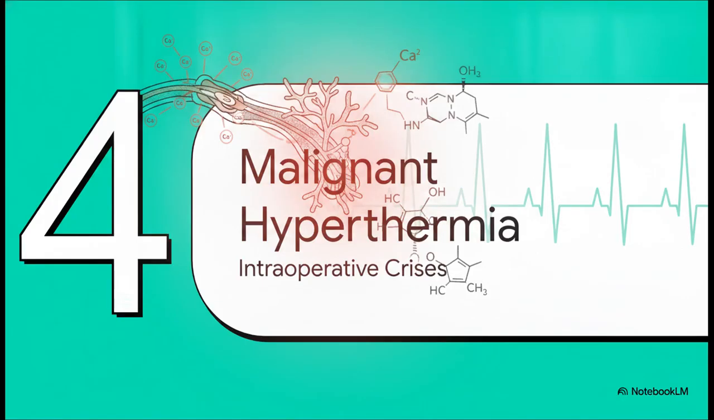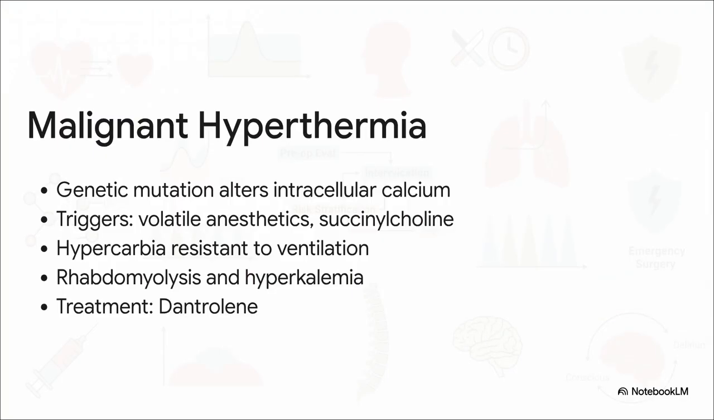Section 4. Malignant hyperthermia. Intraoperative crises. Malignant hyperthermia is a genetic disorder of defective intracellular calcium control. The classic triggers are volatile anesthetics, succinylcholine, and excessive heat. The most reliable early sign is a rising end-tidal CO2, or hypercarbia, that's resistant to increased minute ventilation. This progresses to masseter, or generalized muscle rigidity, sinus tachycardia, rhabdomyolysis, hyperkalemia, and acidosis. Hyperthermia is actually a late finding. If you see this, stop the trigger immediately, provide ventilatory and respiratory support, start active cooling, treat the hyperkalemia, and